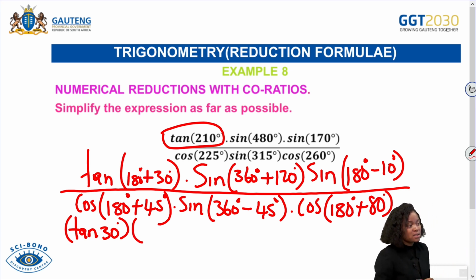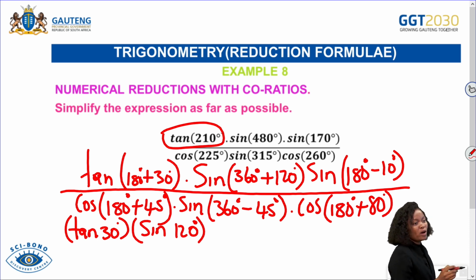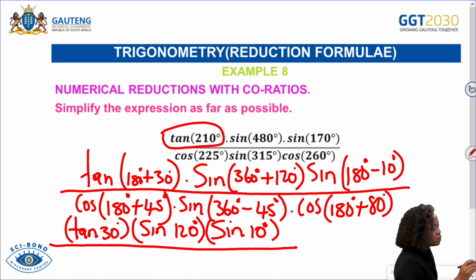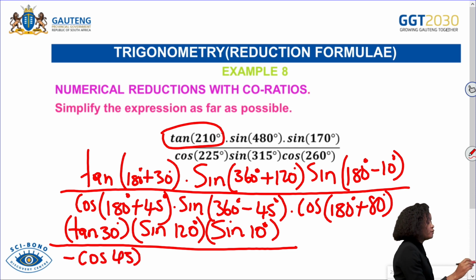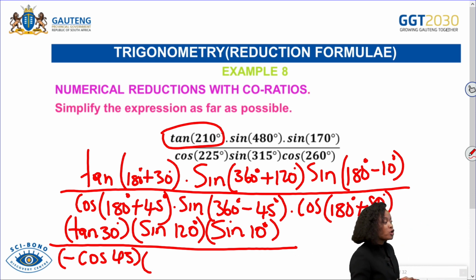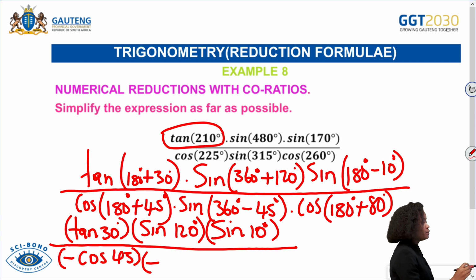So it means you'll have tan 30 degrees, and then again, you'll have 360 degrees plus 120, which is in the first quadrant. So your sine, you'll have sine, which is positive 120 degrees. And then 180 minus 10, it's in the second quadrant, and sine is positive. So it means you'll have a sine of 10 degrees. And then it's all over 180 plus 45, it's in the third quadrant, and cos in the third quadrant, it's negative. So you'll get negative cos of 45 degrees. And then 360 degrees minus 45, it's going to be in the fourth quadrant. And in the fourth quadrant, sine is going to be negative. So you'll get negative